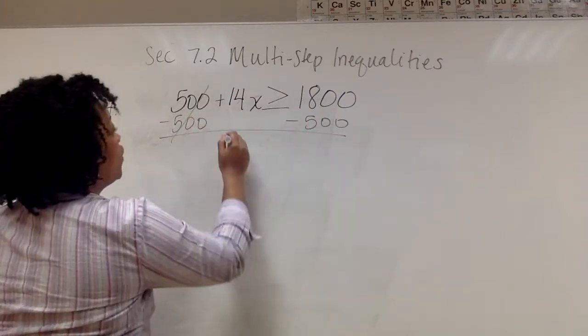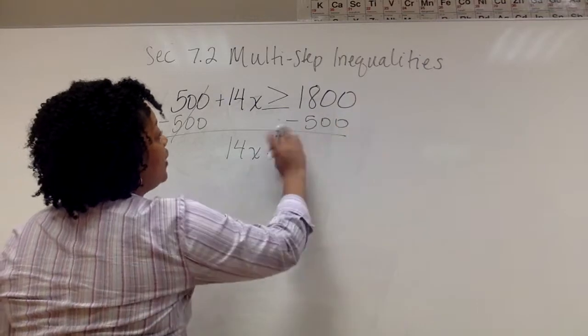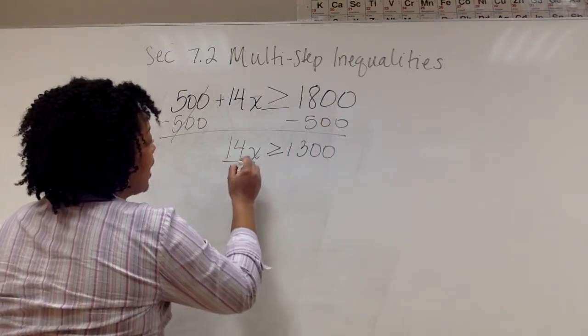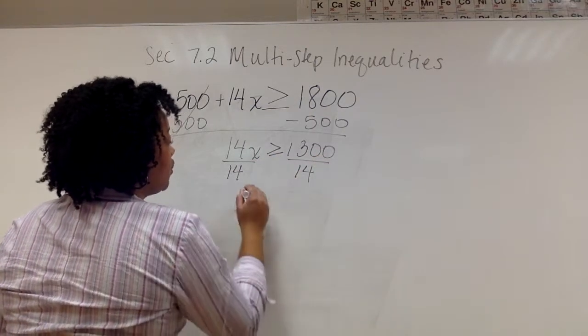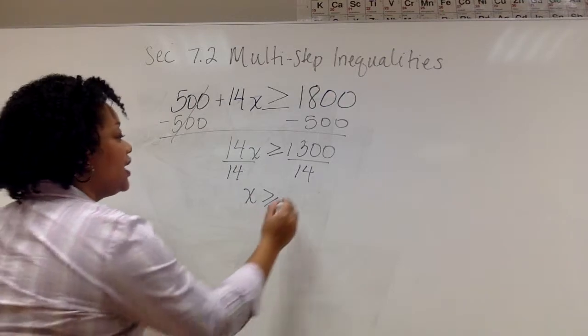Okay, the 14x comes down. It's still greater than or equal to 1,800 minus 500, which is 1,300. You're going to divide both sides by 14. Your calculator will help you. 1,300 divided by 14 is